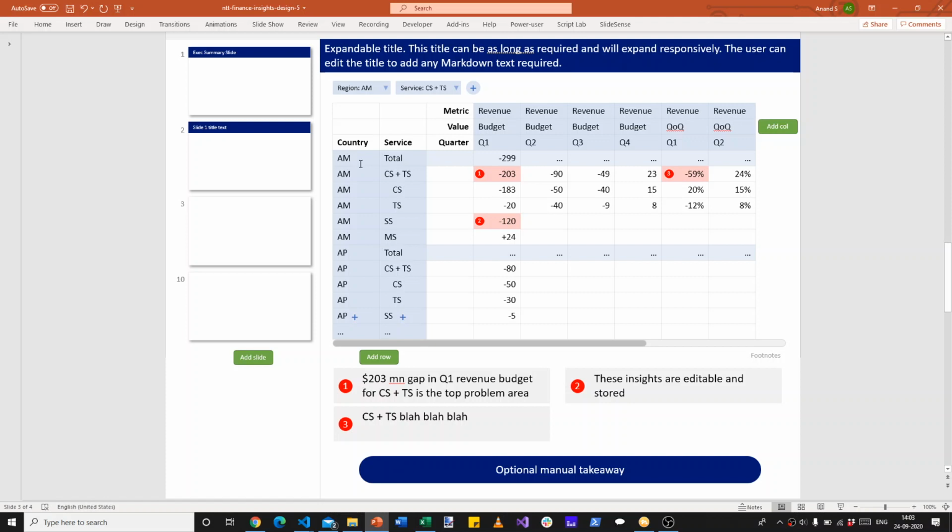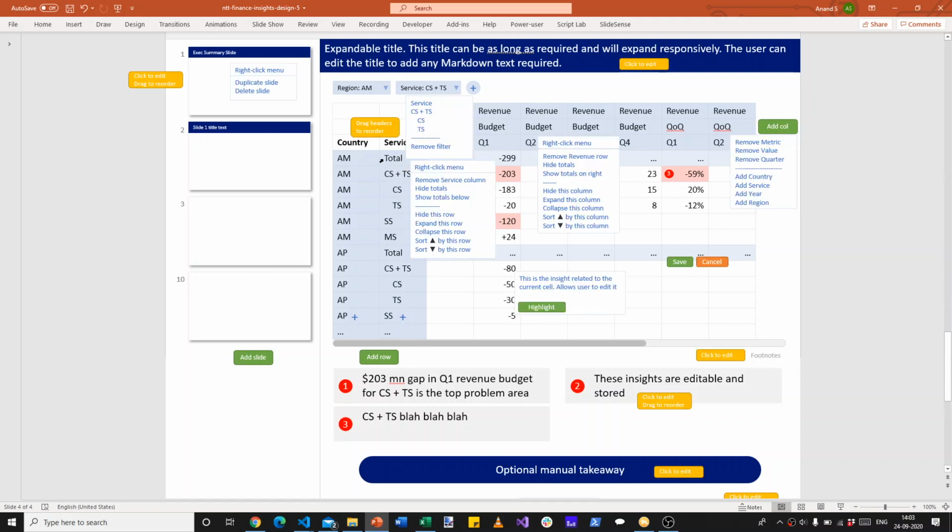The other thing is in each of these cells, we want a bunch of options. If I want to, let's take these headers for the rows. If I right click on a row header, we want a few capabilities. I want to delete the services column. I want to just hide the totals like it appears here and here. I don't want the totals. Or I do want the totals, but I don't want the total above all of these items. I want the total below these items. Those are a few options.